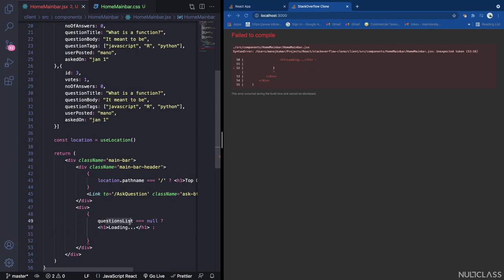If the questions list is not loaded, if we are making this page dynamic, we will receive this question list from the backend. So while we are receiving that, it may take some time to send the request as well as receive the response. In that meantime, we will show this preloader as loading. So that's why we are using the h1 tag with the loading. If the questions have been received, then what I'm gonna do, I'm just going to have empty angle brackets,